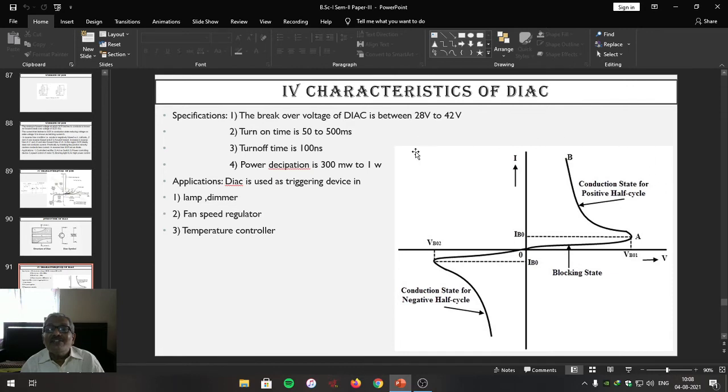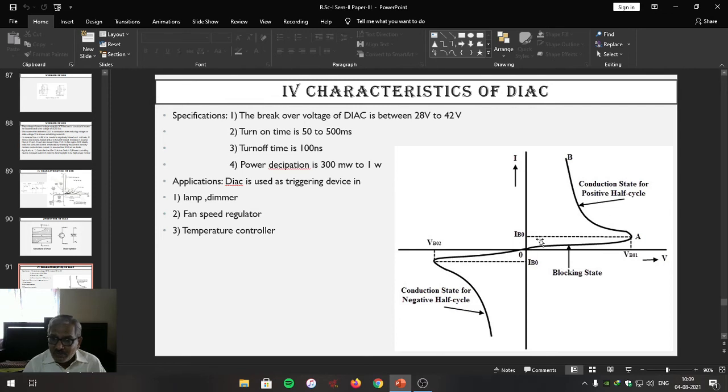To understand the IV characteristics of diac, choose the characteristics drawing circuitry which you already studied for SCR. Replace SCR from that circuitry by means of a diac, increase the voltage and note down the current. For MT1 positive and MT2 negative; then reverse the polarity, again increase the voltage and note down the current. Plot the graph. Take the current on y-axis and voltage respectively on the x-axis.